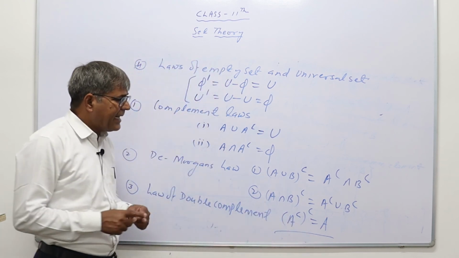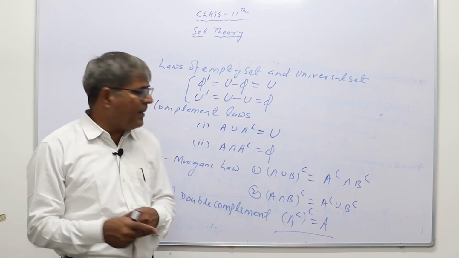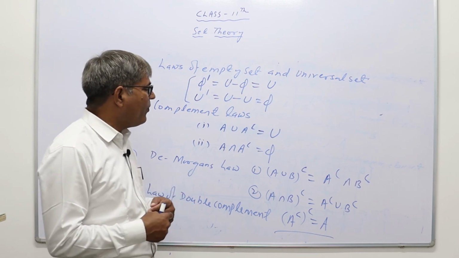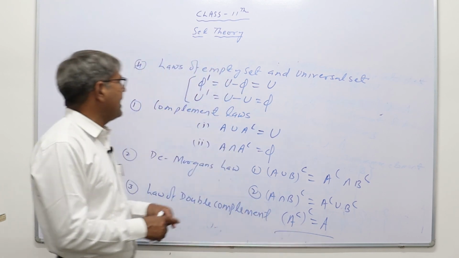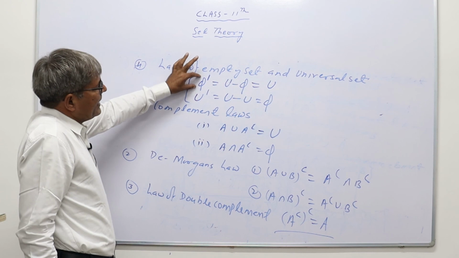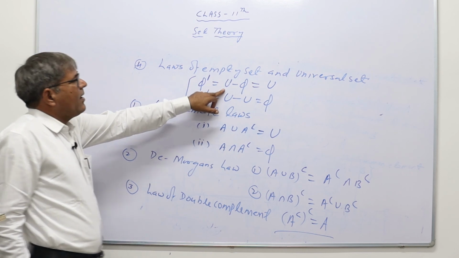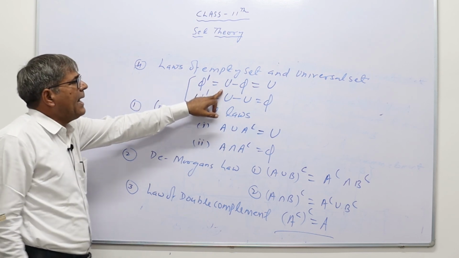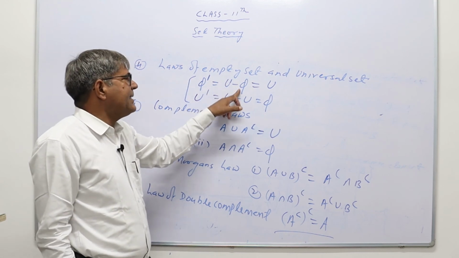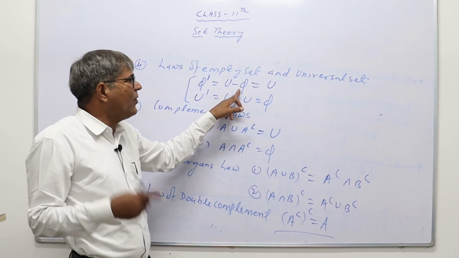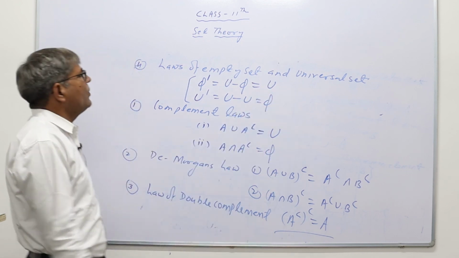Meaning, whatever set is given to us, if I first find its complement and then find the complement of that complement again, means double time if we have to find the complement, then its result will always be equal to the given set. And last, if I have to find the complement of the given set phi, then the basic definition of complement is that the set whose complement I have to find, I always subtract it from the universal set. If I subtract from the universal set a set which has no element, it means the remaining set will be the same set, that will be universal.